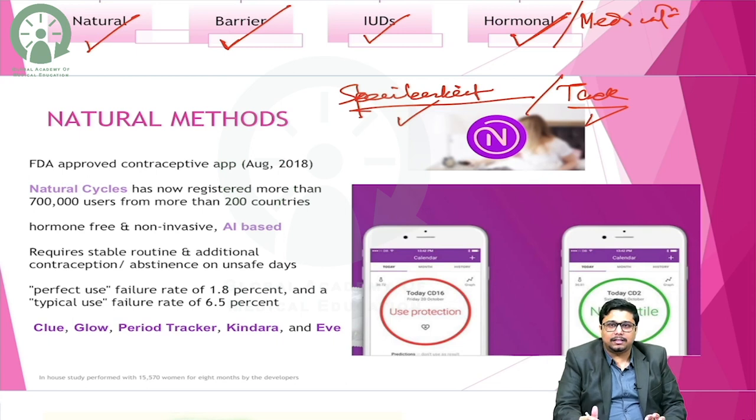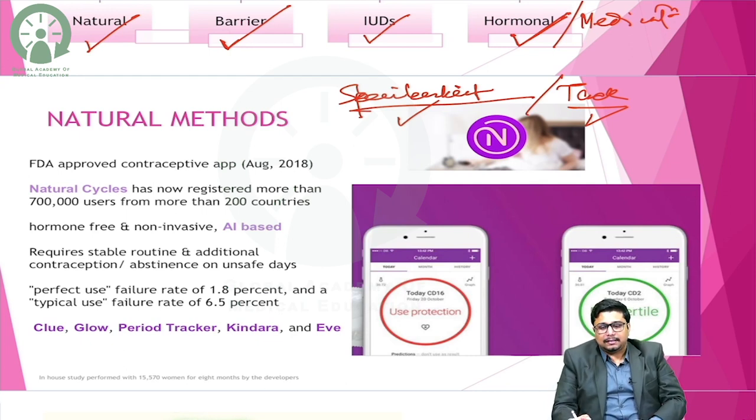Also, the natural methods include the withdrawal method. One natural method, of course, is abstinence from intercourse, but that is impractical, and that is not the whole idea of contraception. The whole idea is that they know how to have the intercourse or when to have the intercourse, so that the unwanted pregnancy doesn't come. So one is the withdrawal method or coitus interruptus, where the phallus is withdrawn from the